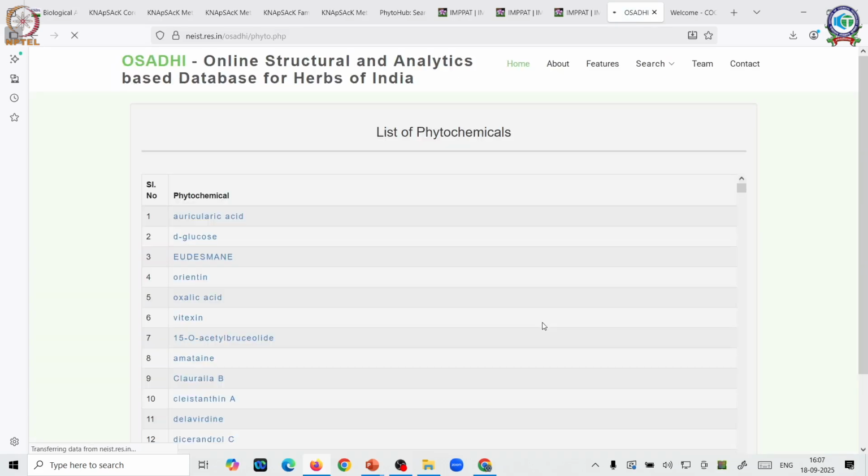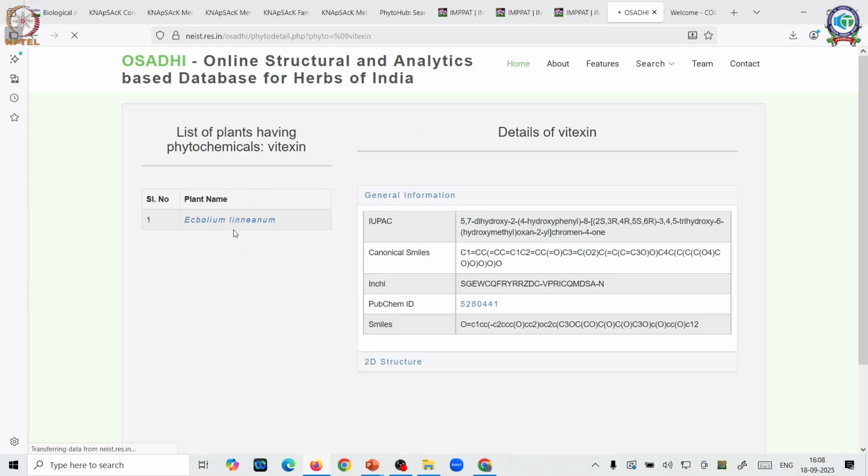I can also do a phytochemical database search. Say for example, I want to see Vitexin. So the database will come up with a solution to that. You can see Vitexin, this is the plant where it can be found, this is the IUPAC name, the PubChem and the details.